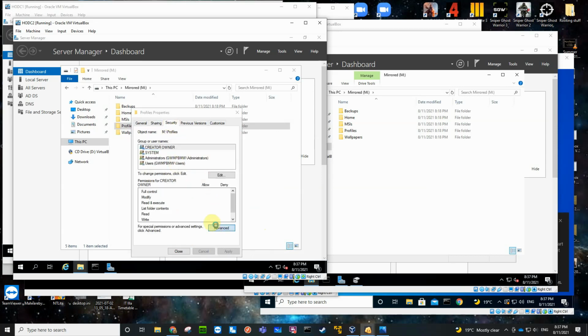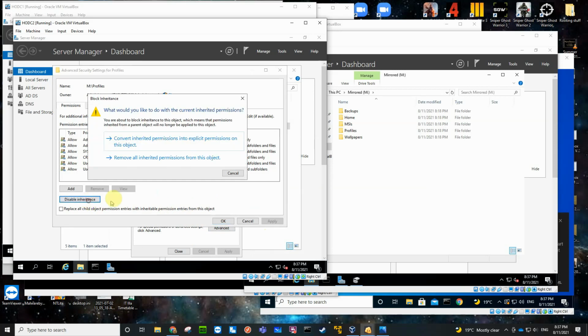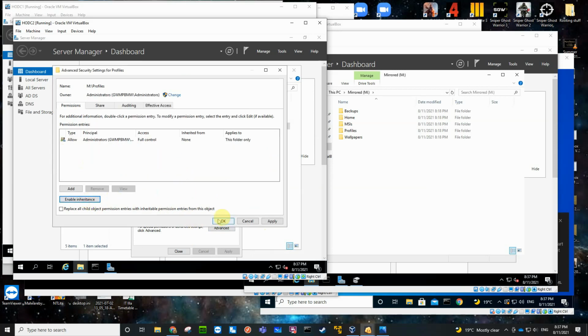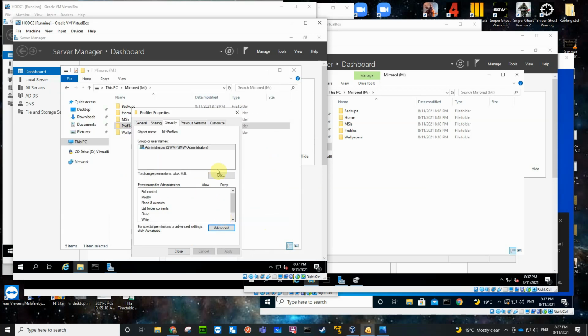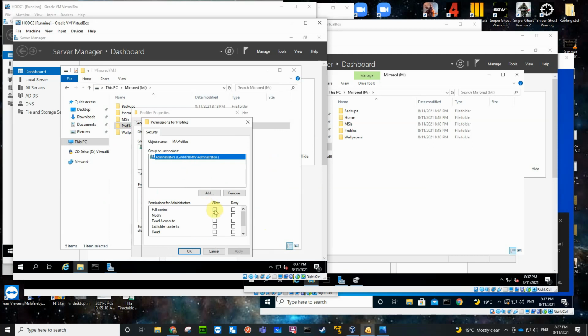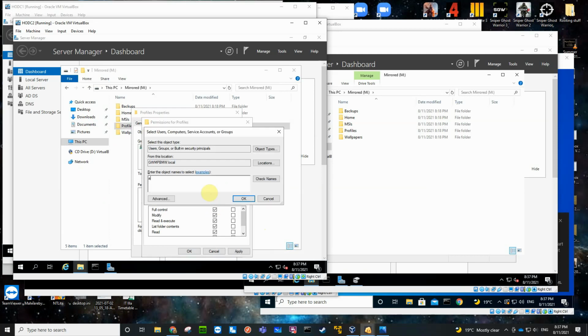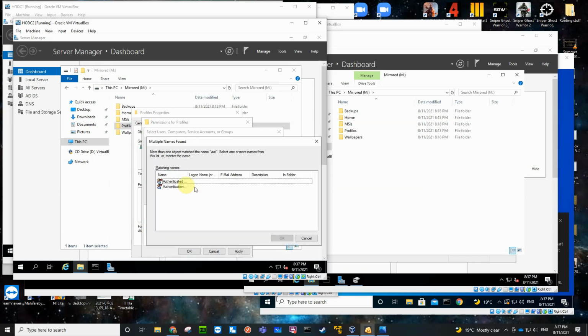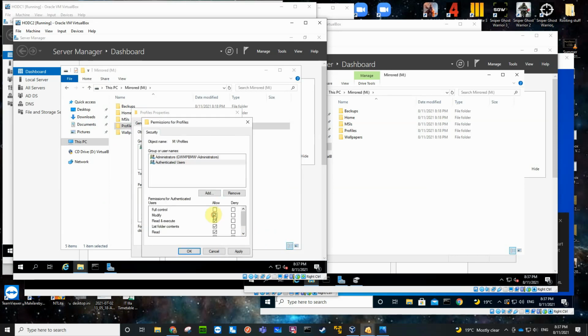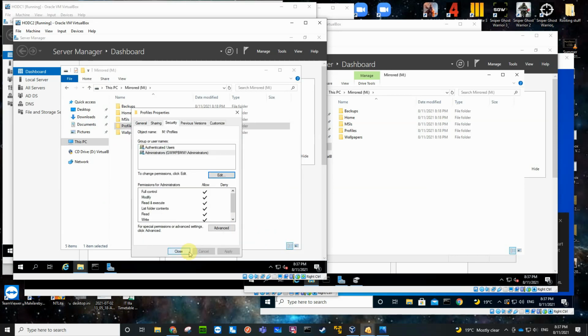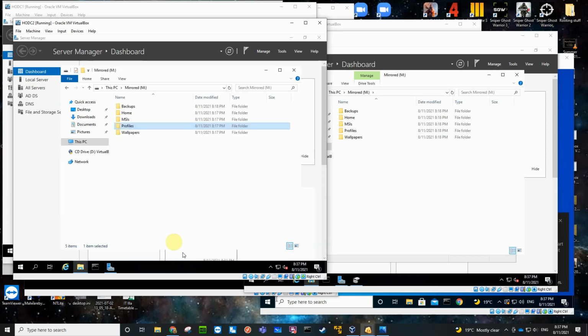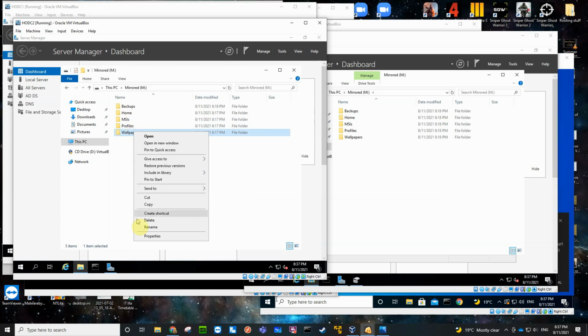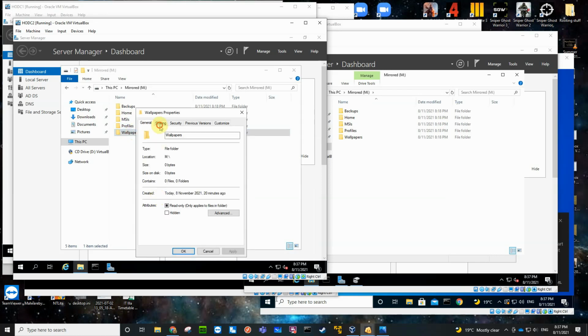We're going to remove inherited permissions and edit. Administrators are going to get full. We're going to add in the authenticated users, and the authenticated users are going to get up to modify level. Okay, so that's the profiles. Let's do the wallpapers. Authenticated users get read on the wallpapers. Properties, sharing,